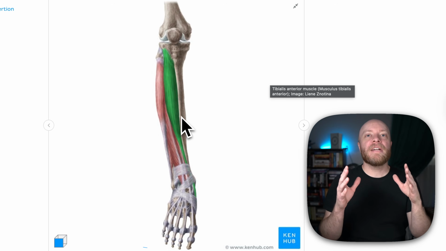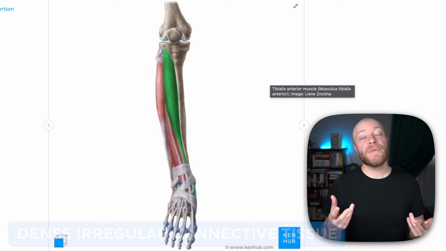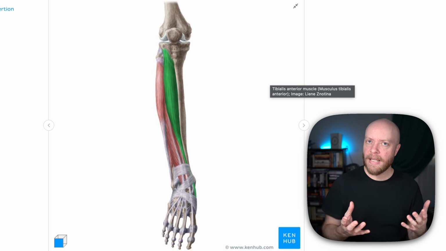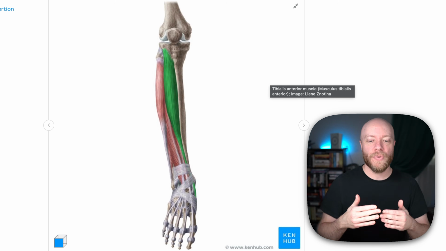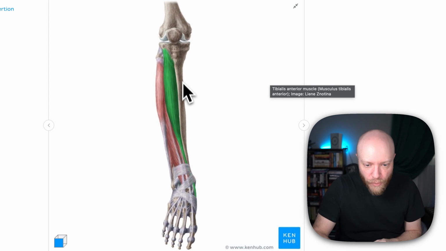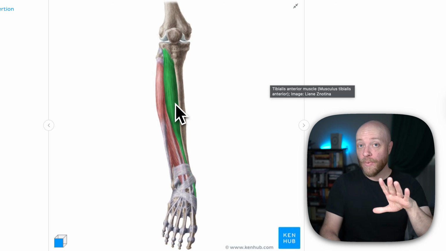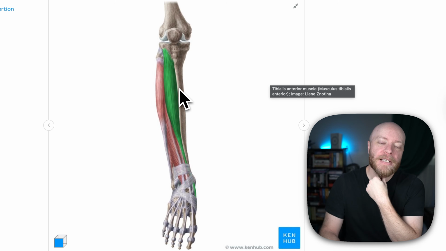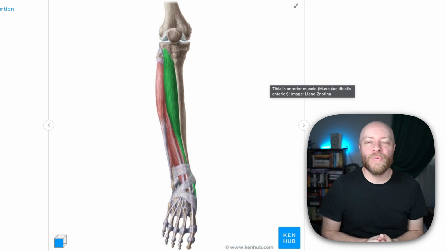Well, they are both made of what is called dense irregular connective tissue. There are nuances between them if you start to look into them histologically, but at a very grand, broad level, they are the same type of tissue. What happens is they merge with each other right here. And as this muscle performs its actions, which we will see animations showing coming up, it is going to tug and yank on the periosteum in ways that typically